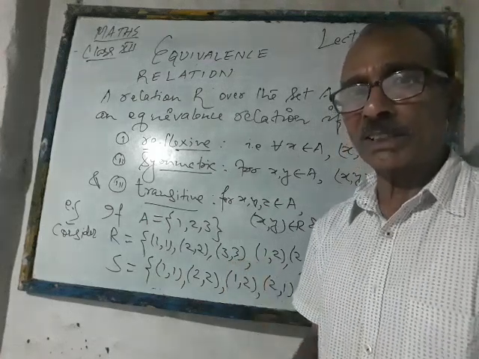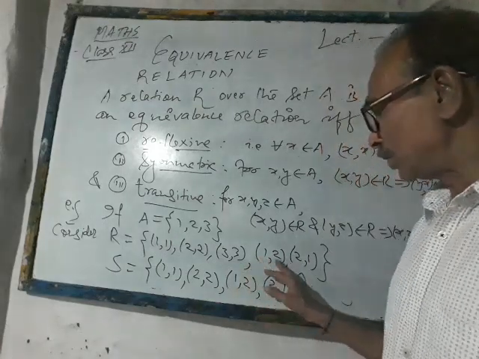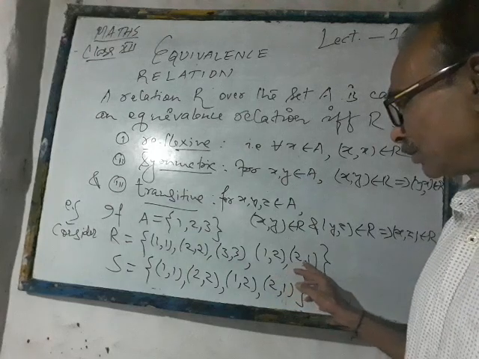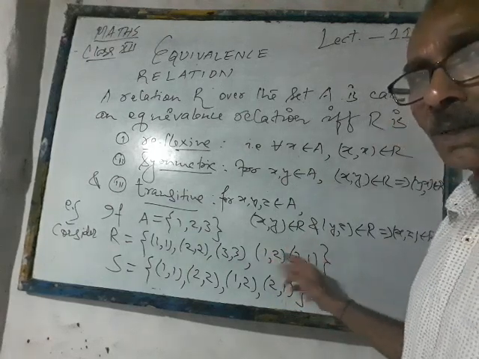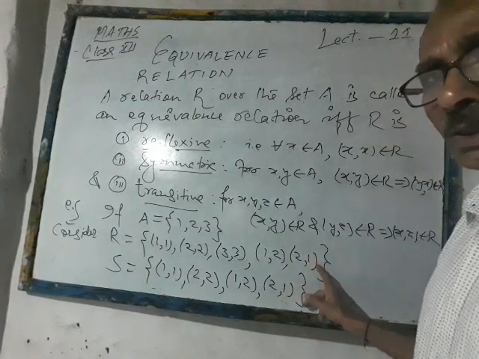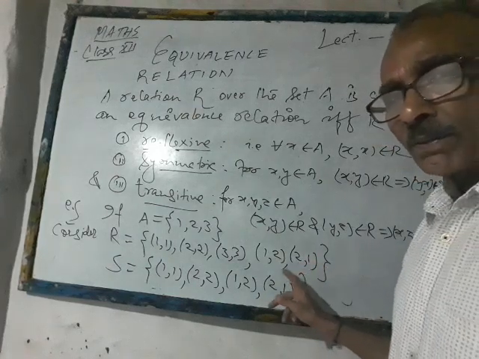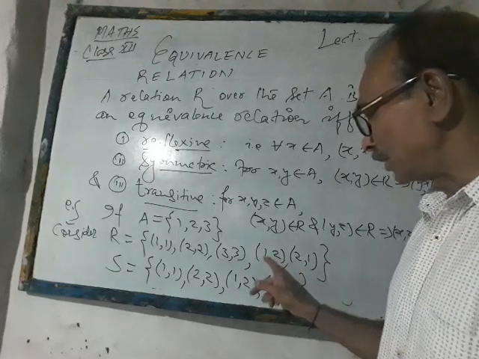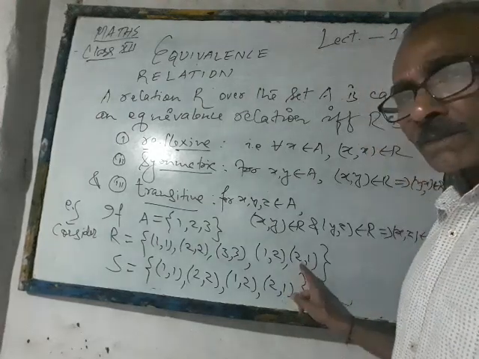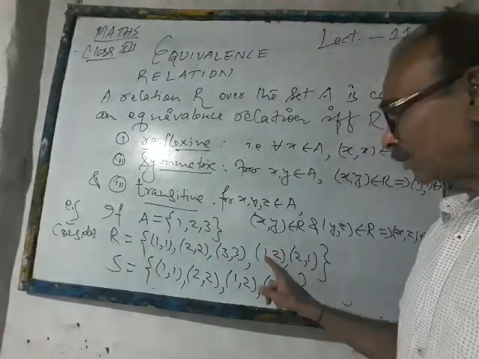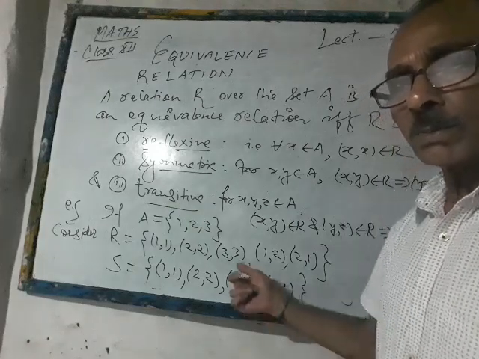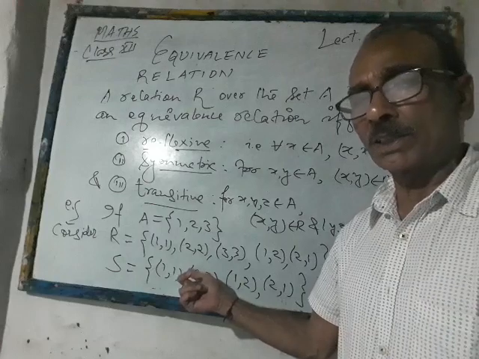Now so far as transitivity is concerned, (1,2) is there, (2,1) is there, meaning x is related to y and y is related to z. What would be (x,z)? That is (1,1), which is lying there. Again, start from here: (2,1) is there, meaning for y we have taken 1, and for z it starts with 1 here, so (1,2) is also there. Here 2 is x, 1 is y, and 2 is z. So (x,z) constitutes (2,2). Is (2,2) present in the given relation? Yes, that is present.